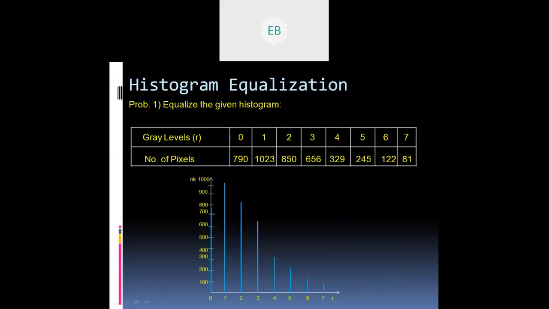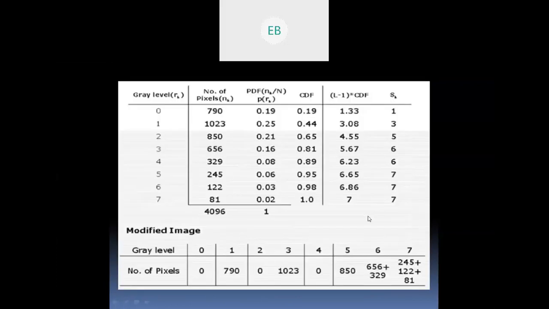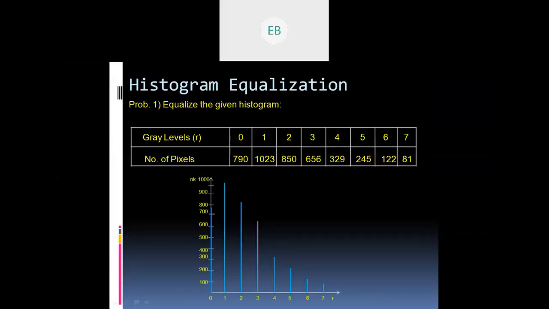So let's go on with this sum. Do you remember now, guys? Could you follow up with this sum? Suppose this histogram is given over here. Again same thing, but the number of pixels is a bit bigger here. Gray level is from 0 to 7, and this is the input graph. That is, this is the given histogram. This is the graph for the given input histogram, and this is the sum.